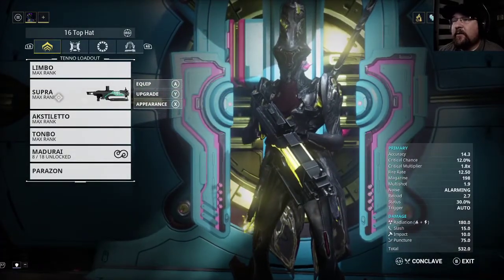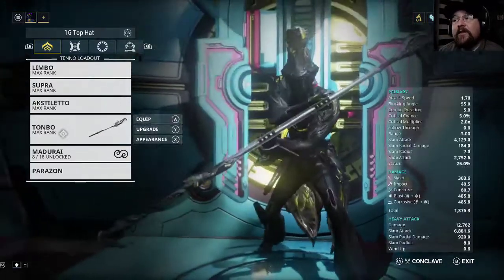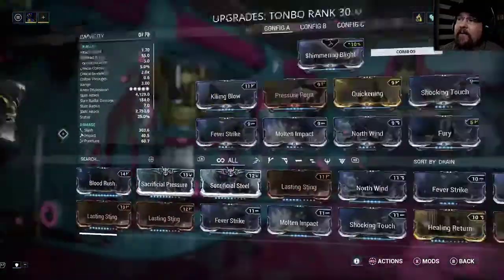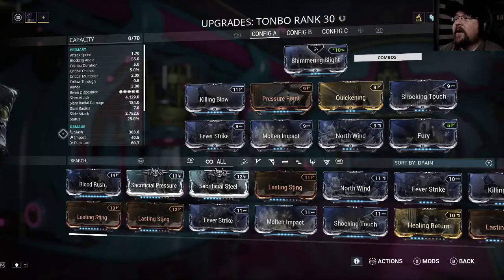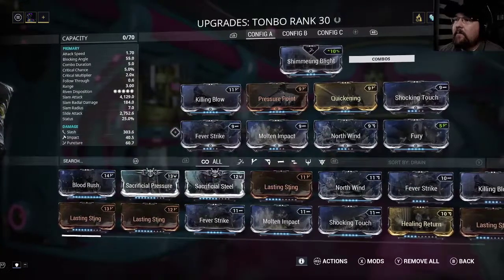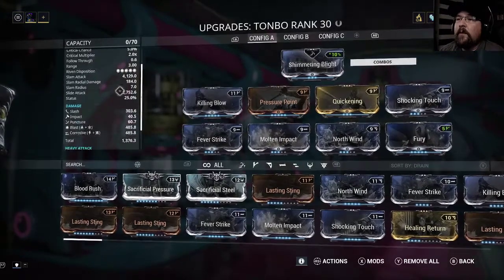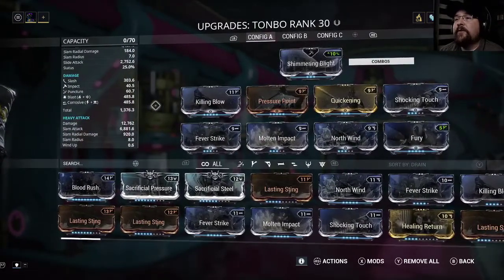Now, we've seen the super on Saren, we've seen the Akimbo Stiletto, the Tanbo. This is the crackhead melee that I was using with Rhino for a while that made me look really fucking nutty, but it was fun. Again, as per the normal, we're focusing on damage, elemental, and just overall boom boom. And not terrible. 1376.3,